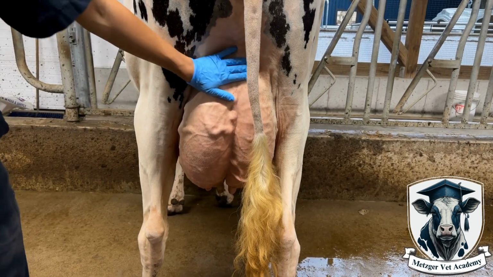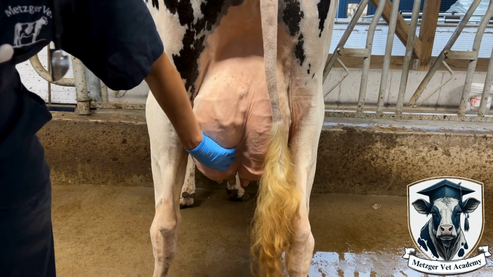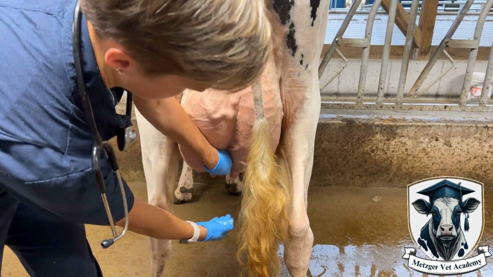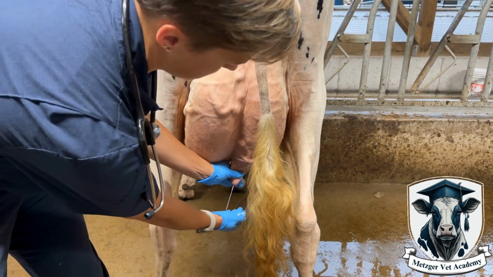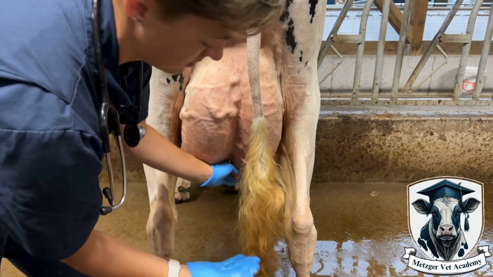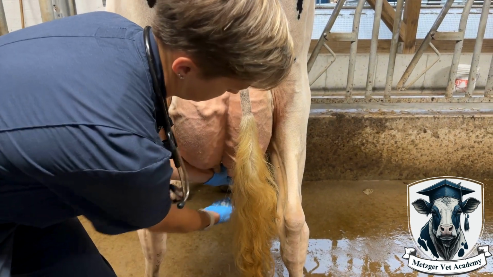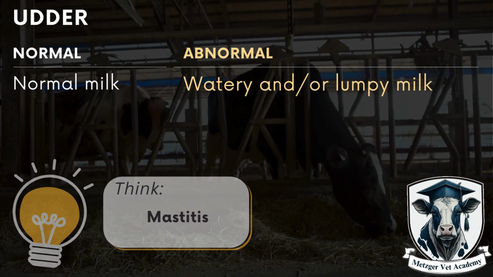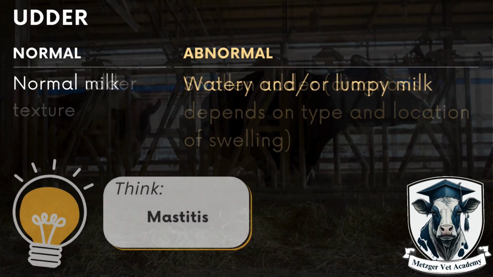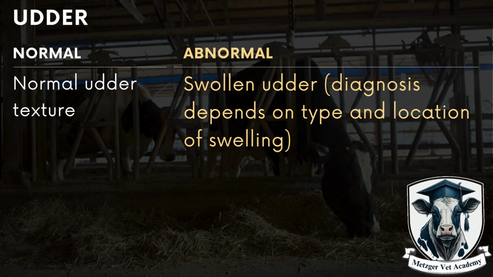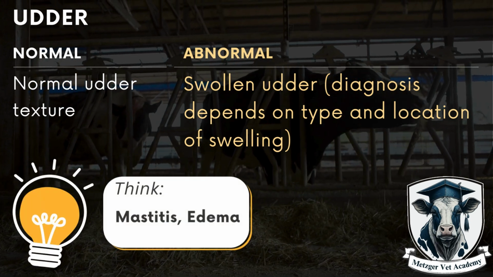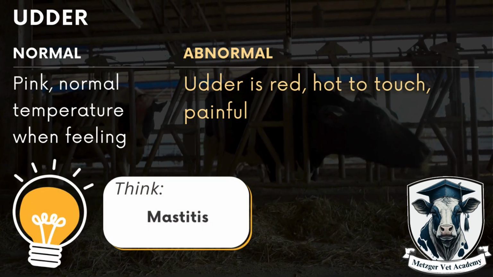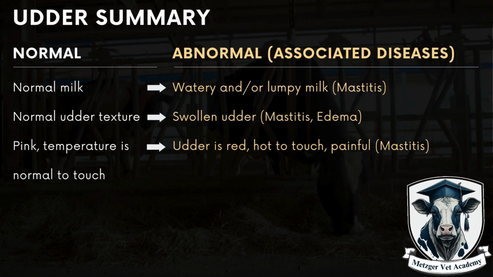All dairy farmers will already know how to diagnose mastitis, but we want to bring up the udder when talking about diagnosing sick cows because sometimes as vets, we get called out to treat a sick cow and it turns out that she has mastitis, but for some reason the farmer or the employees simply didn't look. This is an easy disease to eliminate when diagnosing a sick cow, and it is an easy disease to develop treatment protocols for on-farm. Watery, lumpy milk, or a swollen, red and tender udder are all signs of mastitis.